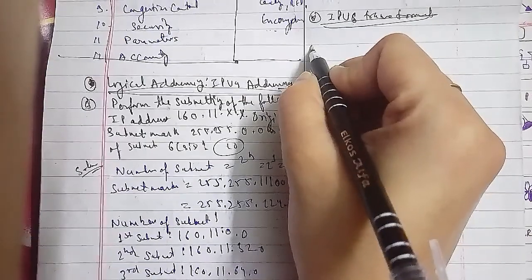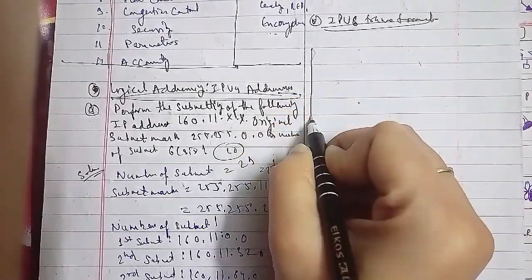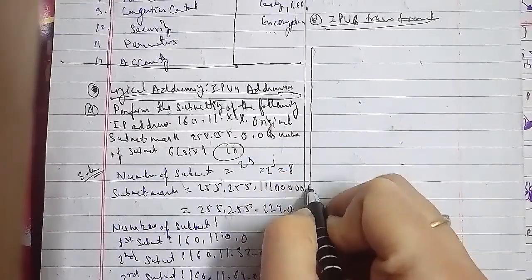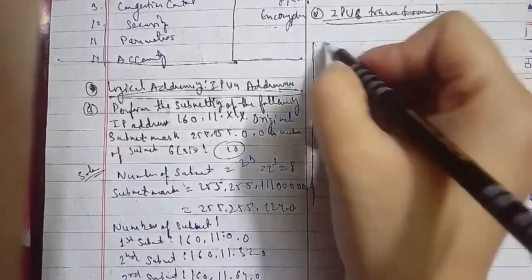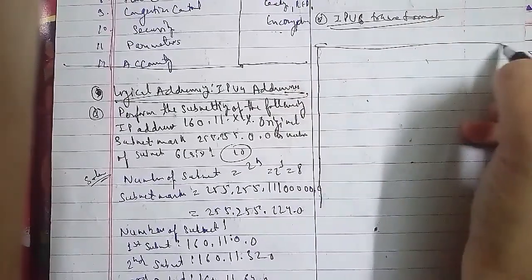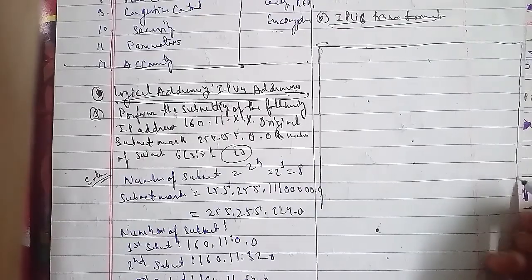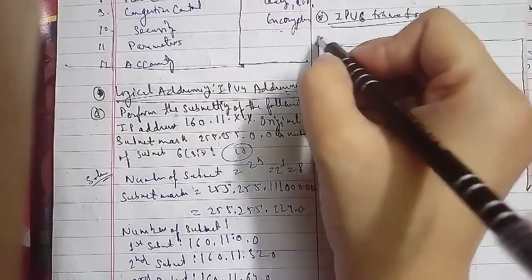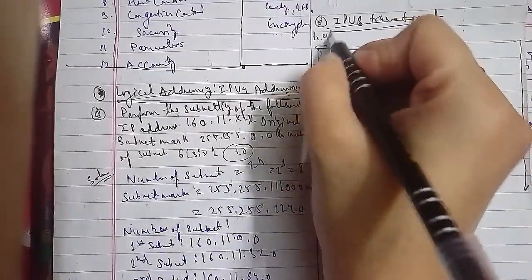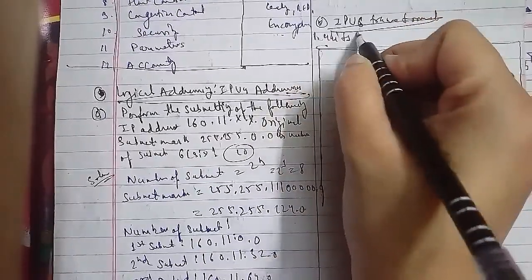In the same case, here is your 4 bits, 4 bits, 8 bits, 8 bits, 8 bits. Okay, so here this is your